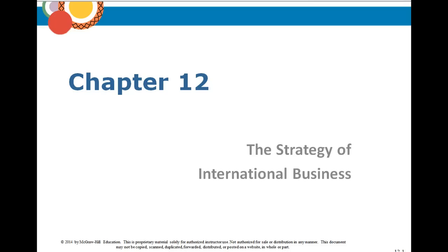So far in this class, we've been looking at the larger environment in which international businesses compete, taking into effect economic indicators, economic conditions, the environment for political, economic, cultural differences found in nations across the globe. We've been looking at international trade, investment framework, international monetary systems, but now we're going to shift the focus away from the environment of international business in the world to the firm itself and how a firm competes within